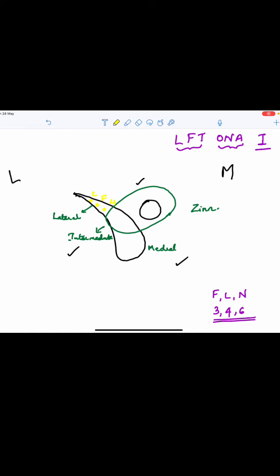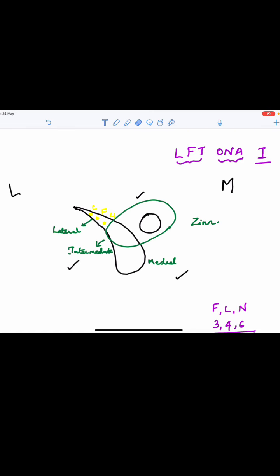Then you have the intermediate compartment. In the intermediate compartment, you have ONA, that is ONNA. So O is oculomotor nerve. Okay. The oculomotor nerve is going to divide into two divisions, superior and inferior division. So you have the superior and the inferior division of oculomotor nerve. So that is 3. Okay, and then you have the N is nasociliary nerve. So between the superior and inferior division you have the nasociliary nerve, and you also have the abducens nerve. So this is N and this is A. Okay, abducens nerve is the 6th cranial nerve.